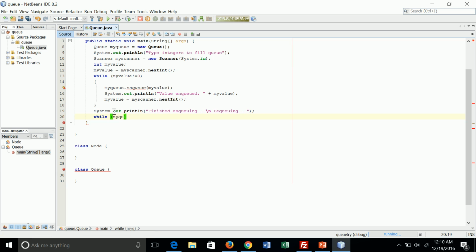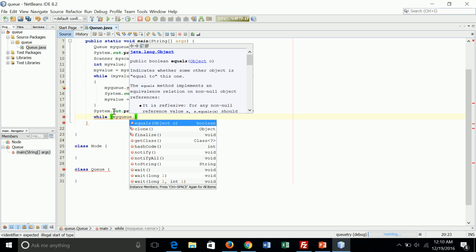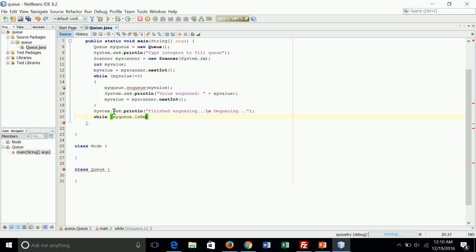Okay, my queue. We're gonna have some other function which is called isEmpty. I hope you know what it means. In this function, we will check if the head is null. So if it's not null, we'll keep dequeuing elements from our queue. And that's why I type here while it's false. So while it's not null, we do something, which is,